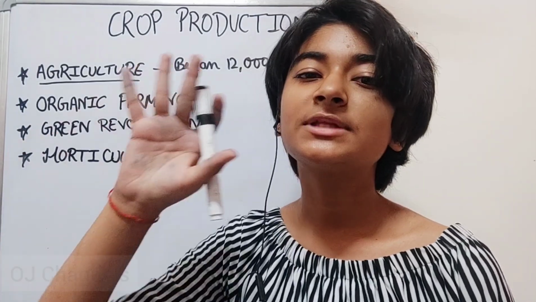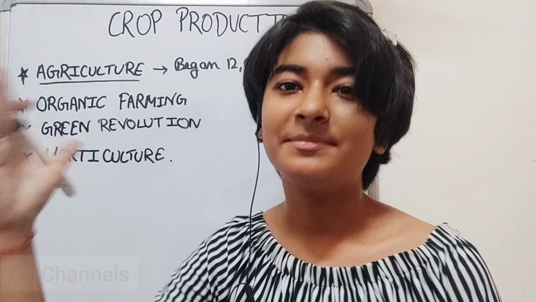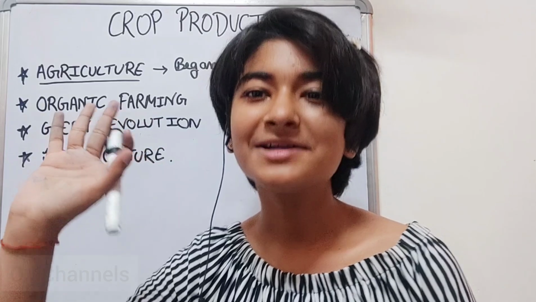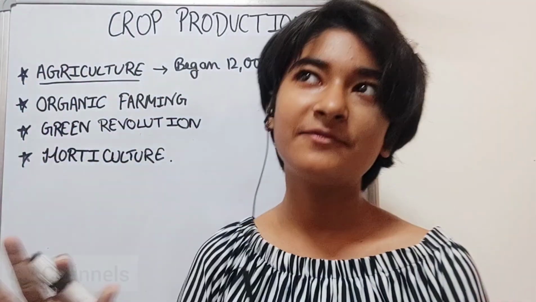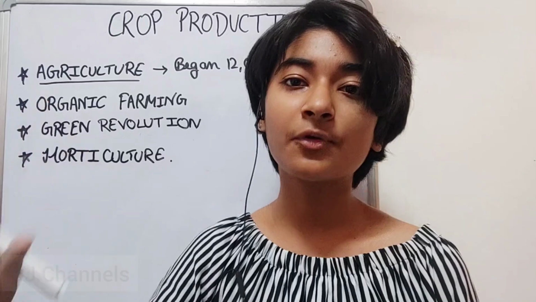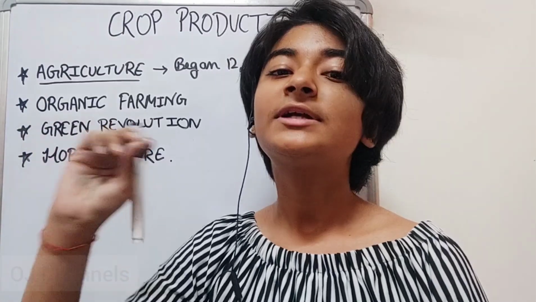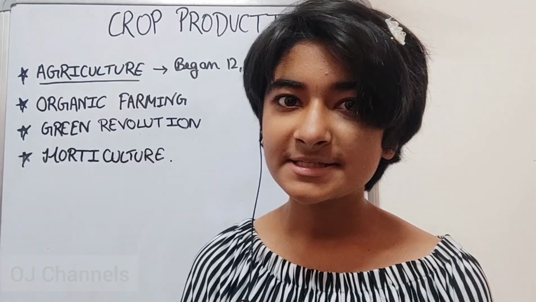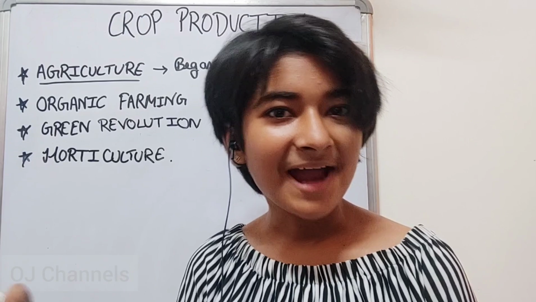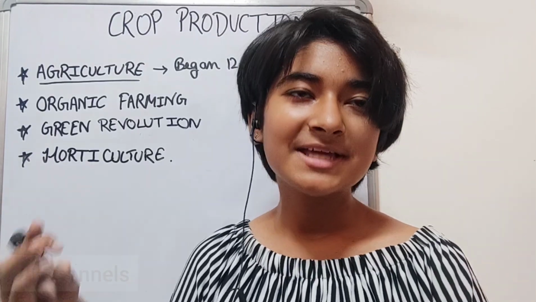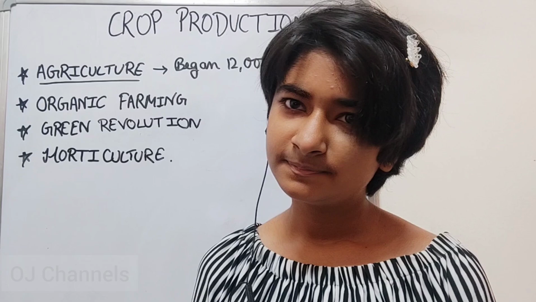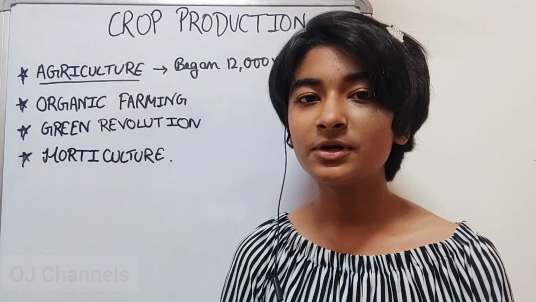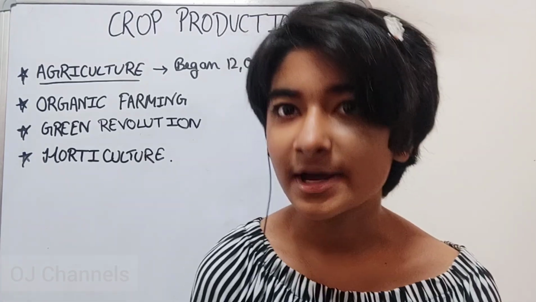The right definition will be, of course in the exam we would just write that the production of crop is known as crop production. That is also okay, but the right definition is: the process of growing crops on large fields for domestic and commercial purposes is known as crop production. For example, maize, paddy, rice, gram, etc. are examples of crops that can be grown on a large scale. So this will be the correct definition of crop production.